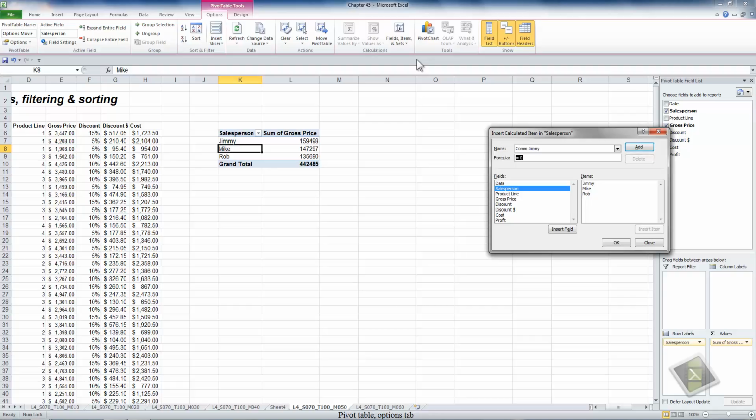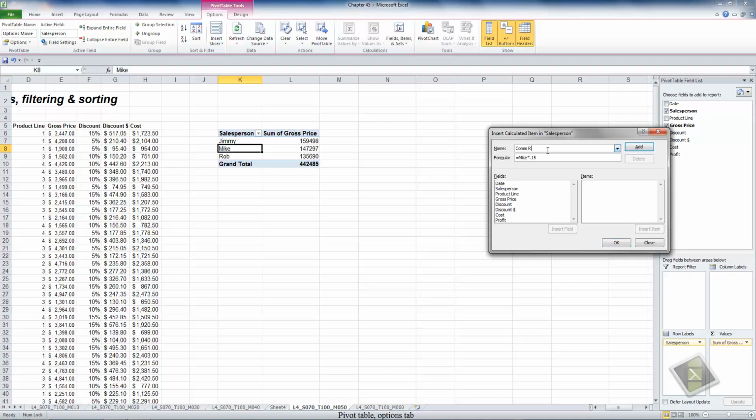So I'm going to left click Calculated Item, and we're going to figure a commission percentage for Jimmy, the salesperson. Tabbing to get into the next field, left clicking Jimmy, insert Jimmy, times the commission percent, which I'm going to make 10% of the gross sales, since that's what's displayed on the pivot table. I can add that, and going back to salesperson, we can add a commission percent for Mike, selecting Mike, insert Mike, times Mike gets 15%, and adding that,